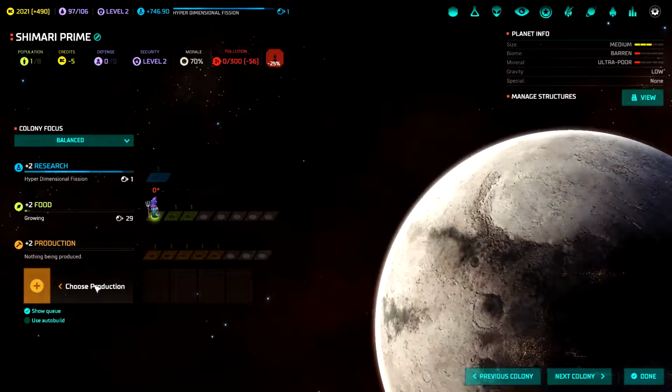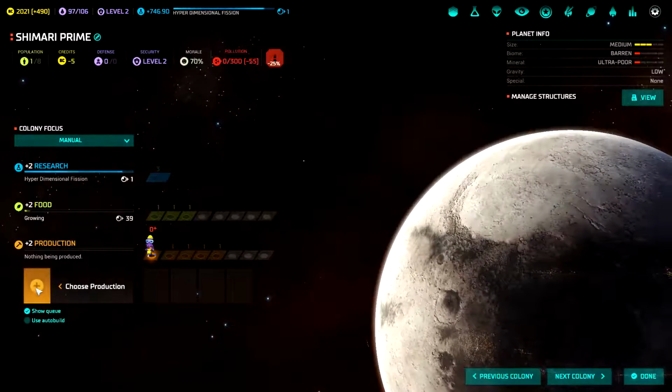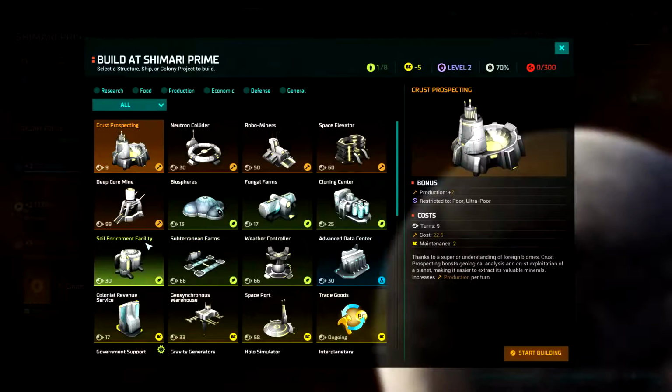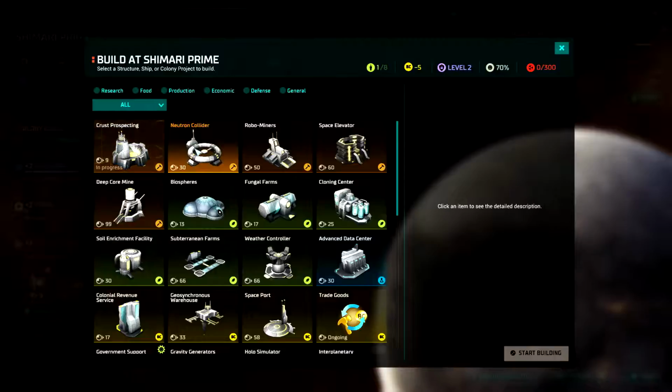Ultra poor. Nice. The advanced colony ships are nice though, because it gives you a little bit of everything. We've got crust prospecting here. And then we're going to want...